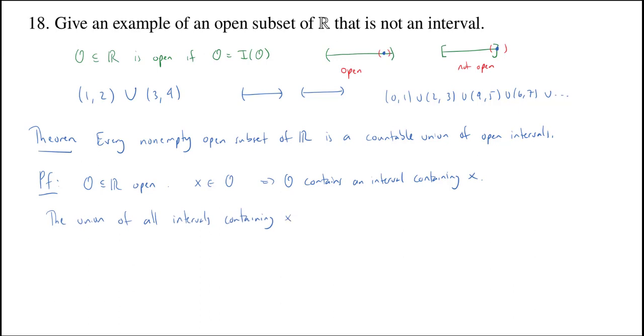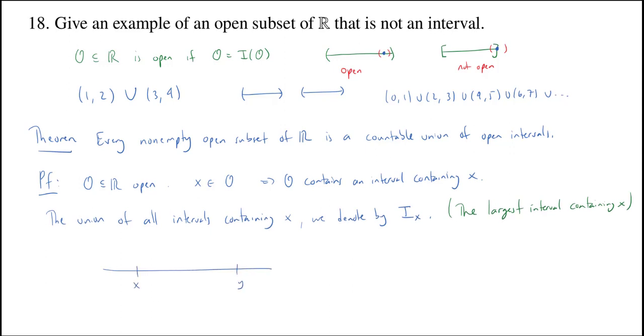The union of all intervals containing X, we denote by, well, interval, we'll say I and then sub X. Okay, and this is the largest interval containing X. Now, if I have a couple of different elements in my set, so maybe here's my x,